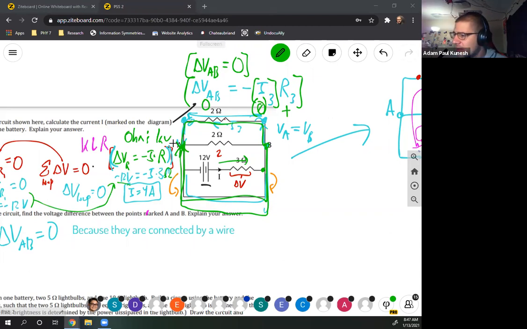Like here, this lower section being just a wire, for me that raises a flag. I'm like, wait a minute. Usually there are circuit elements on things. When there aren't circuit elements on a section of wire, that tells me that something might be going on there. So the paths that you choose,